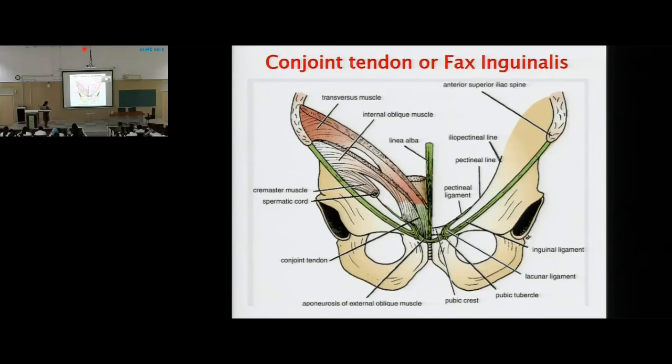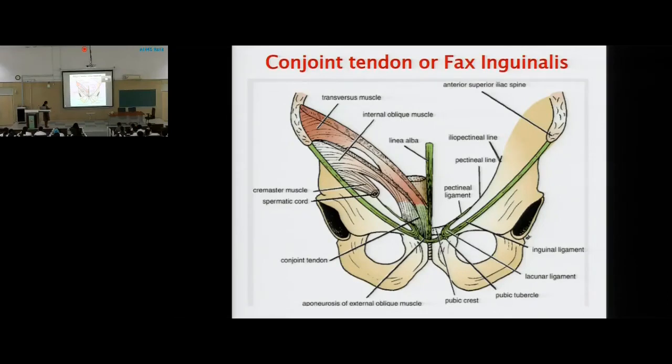Because the internal oblique के जो fibers हैं, they are going to arch over this gap in the superficial inguinal ring. क्योंकि superficial inguinal ring को posteriorly they cannot cross ना. There has to be some space that has to be connected to the gap in the fascia transversalis. एक canal जैसा बनेगा. ठीक है, तो ये जो internal oblique के fibers ने यहाँ से originate किया, that is the lateral 2/3 of the inguinal ligament, और उसके बाद they had not taken any origin. Why? Because these lower aponeurotic fibers of internal oblique, they are going to arch over the superficial inguinal ring and get inserted into the pubic symphysis. Arch करके pubic symphysis पे insert हो जाते हैं, ठीक है.